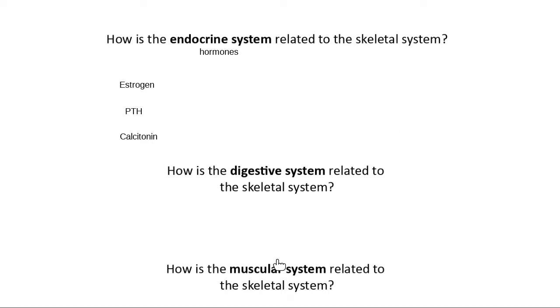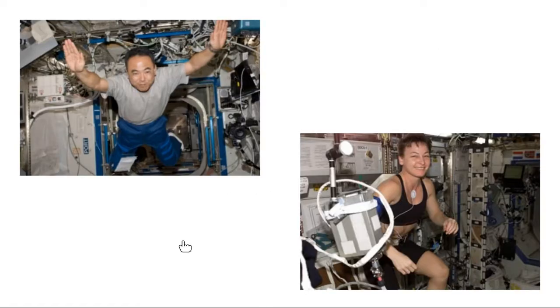Hey, this correlation here with the muscular system, how the muscular system affects the skeletal system, that comes back to this idea here. So fun correlation that I wanted you guys to make with the skeletal system chapter is the impact of gravity on bone density. Who can tell me from the lesson, how does gravity impact bone density? What's the effect of gravity on bone density?